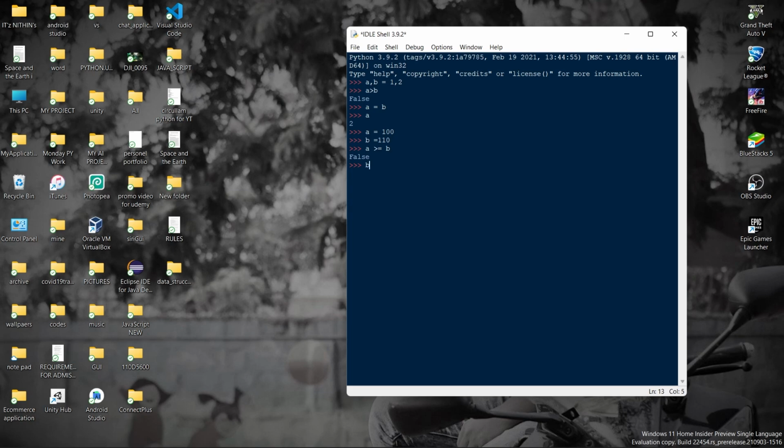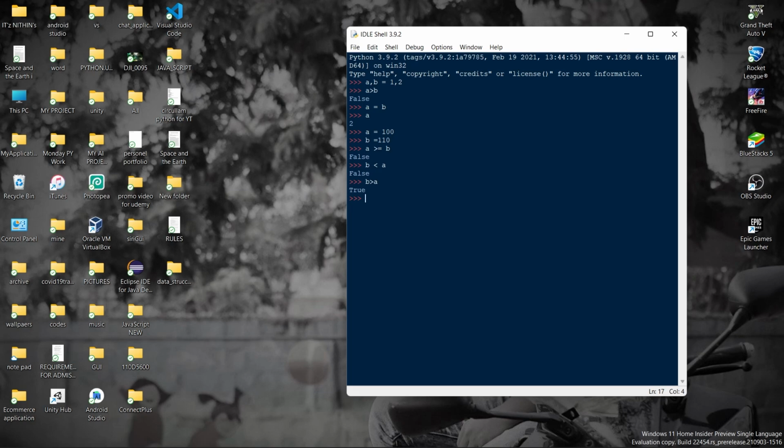So when we say b greater than a, sorry, b less than a, it will give false. B greater than a, it will give true as the output. Okay guys, this is all relational operators, relating two variables or two integers at a time. The relation between two variables or integers using the operators is called relational operators.